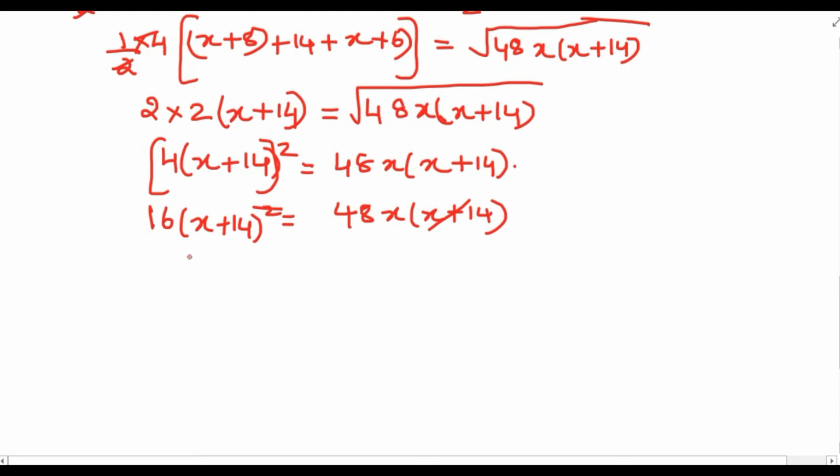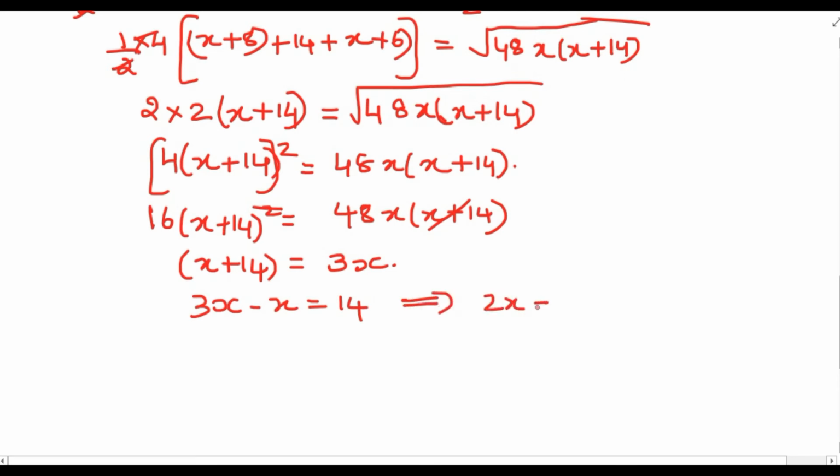So x plus 14 is equal to 3x. Take the x to the other side: 2x is equal to 14, and x is equal to 14 by 2, which is